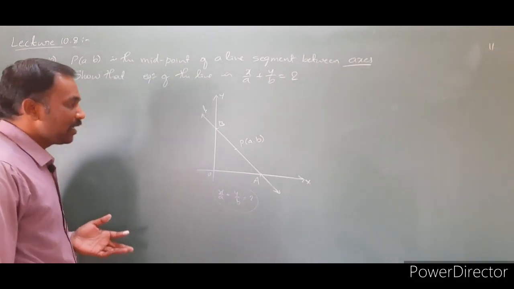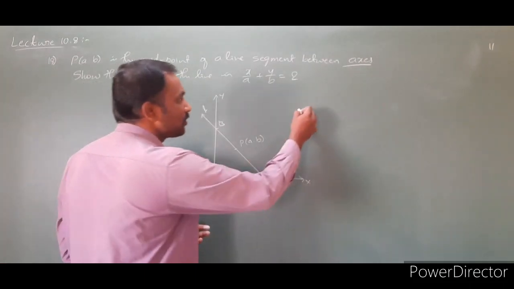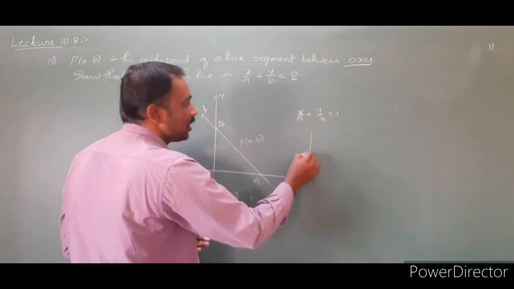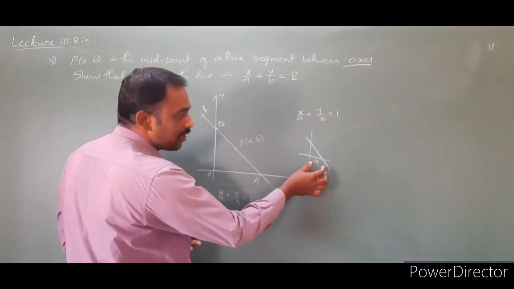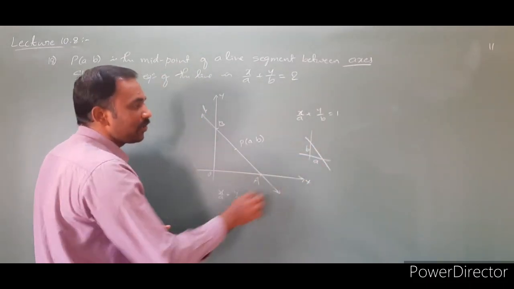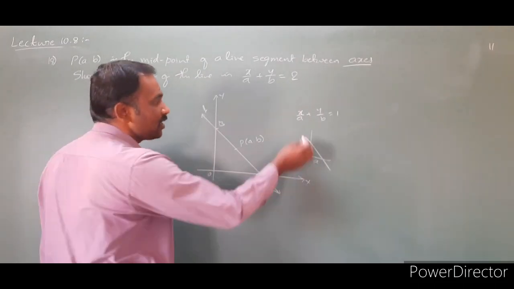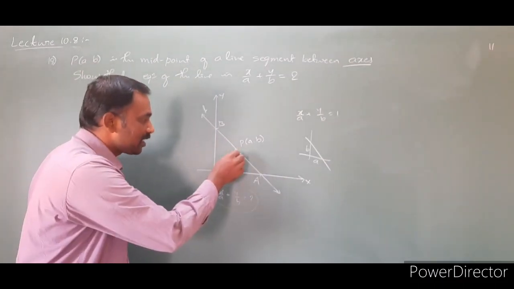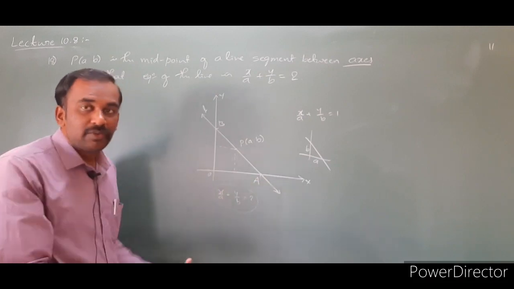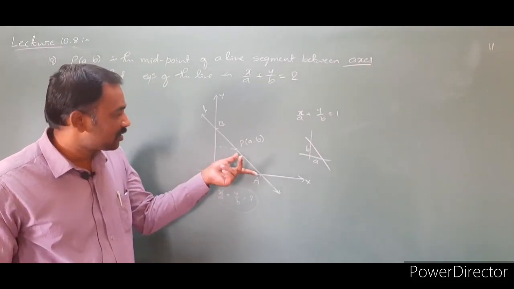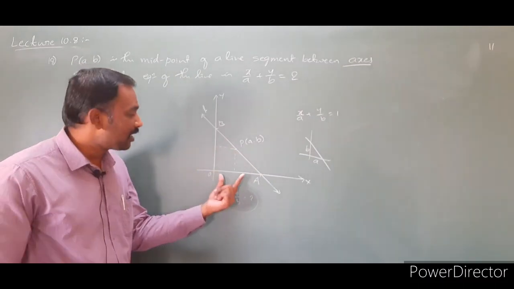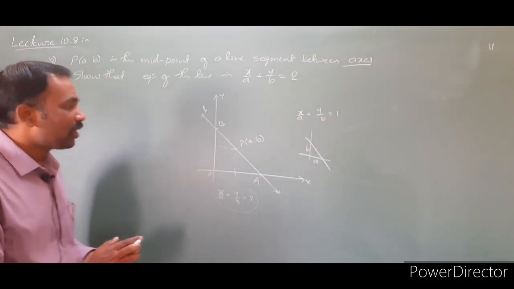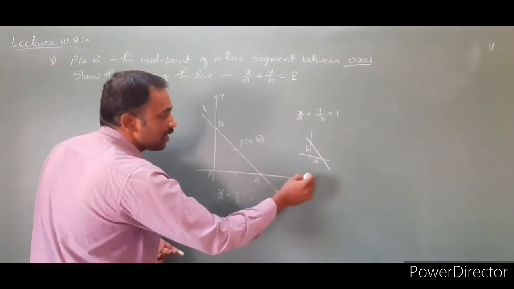As we already know, the intercept form of the line is x by a plus y by b is equal to 1, whenever a line intersects the x axis at a units from the origin and the y axis at b units from the origin. But here a comma b is the midpoint of the line segment, and where exactly it is, we don't know. Can I take it as 2a? We can't say that this midpoint exactly halves the segment. We don't know exactly.